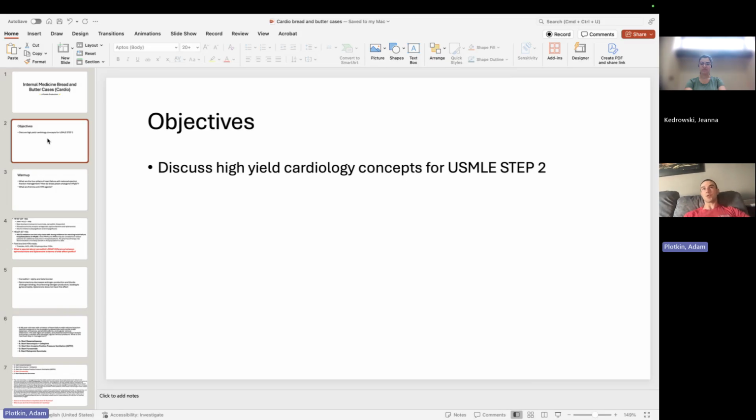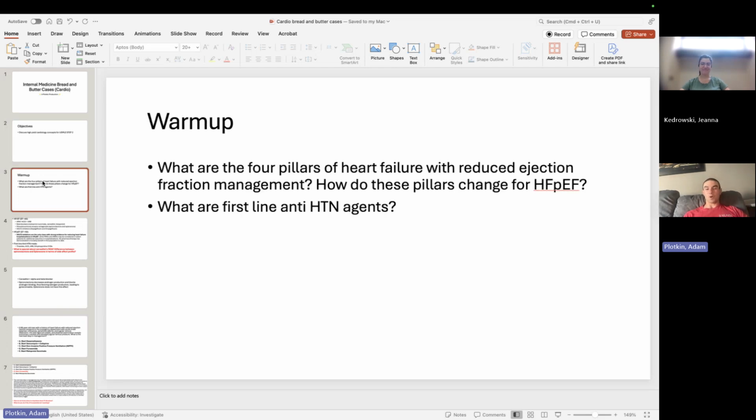Sometimes NBME gets tricky and writes the answer choices in ways you couldn't predict. In that case, you just have to critically think and read through them. But the better you get at that now, the better you're going to do on Step 2, and the better you're going to do in real life, because as you've seen, you don't get multiple choices in real life. So we'll work on that now and continue. That's a never-ending skill.